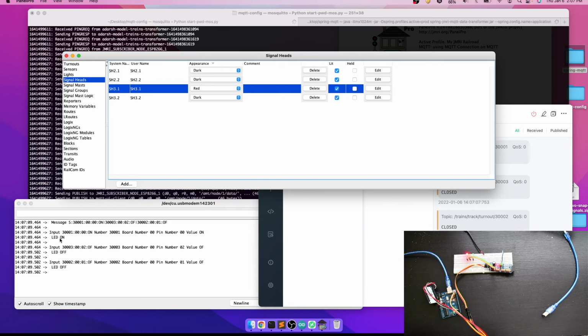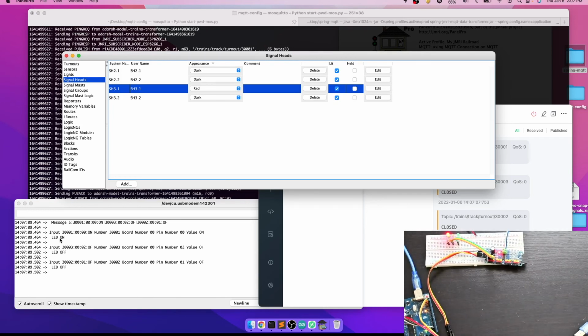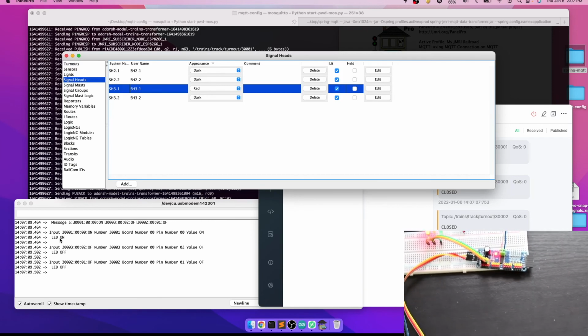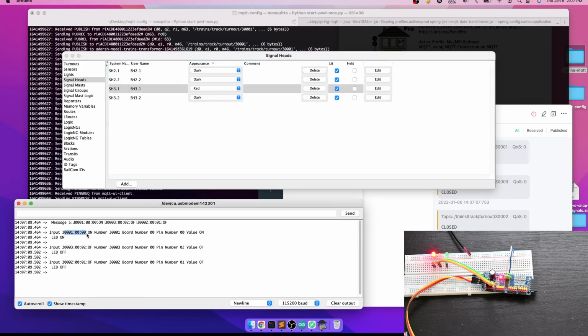I'll just zoom it. Try to zoom this. So red is on, and here on the screen you can see the value for 30,001 is on, and 30,002 and 30,003 are off.